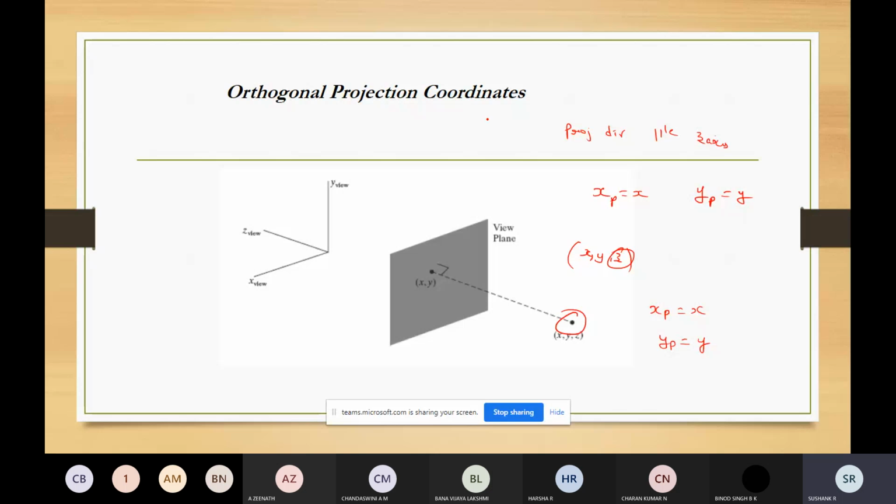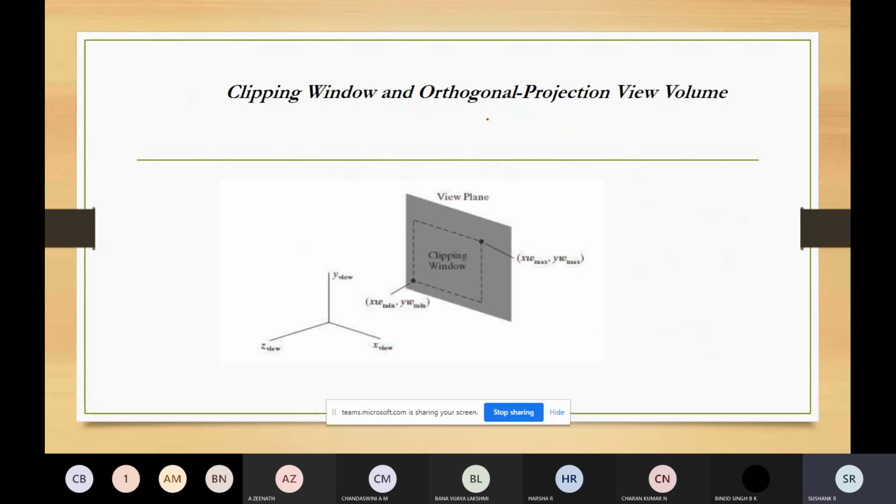After this, the clipping window and the orthogonal projection view volume. For the clipping window, you know that for 2D it will be a rectangular clipping window. So this will be the minimum value, x minimum, y minimum.